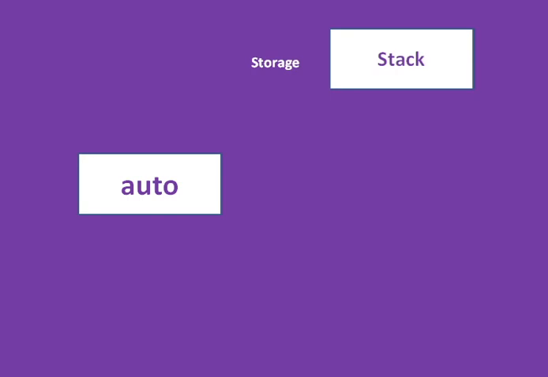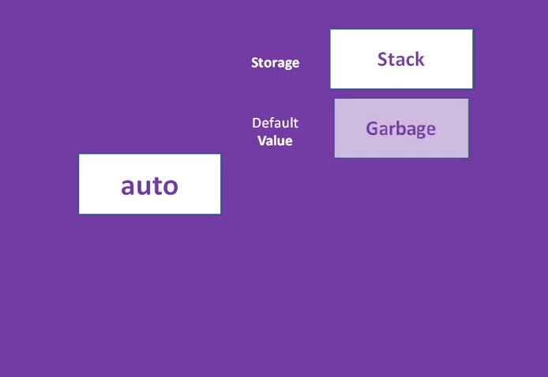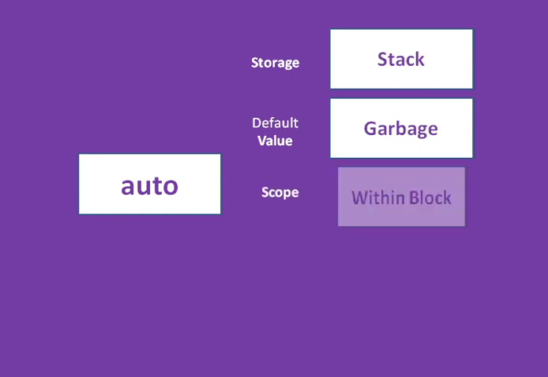In primary memory there are different memory segments: code segment, stack segment, data segment, heap segment. Based on the storage class, the variable is stored in a particular memory segment. Auto storage class stores the value in the stack segment of the primary memory, and its default value is a garbage value. If you write int x and try to print the x value, you will get a garbage value.